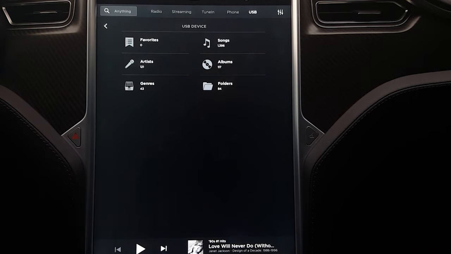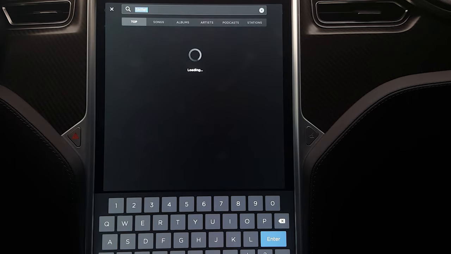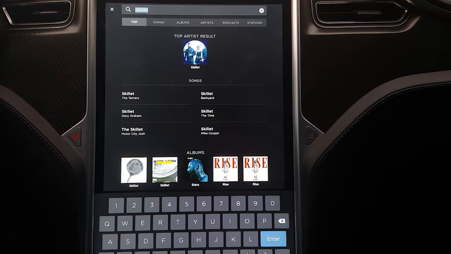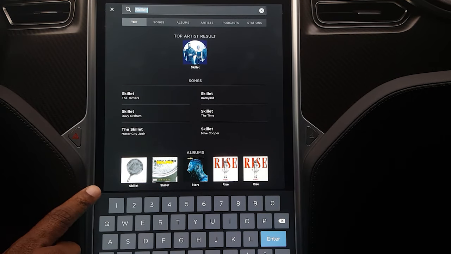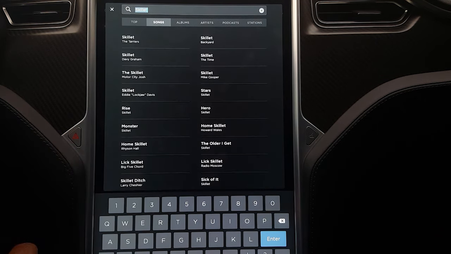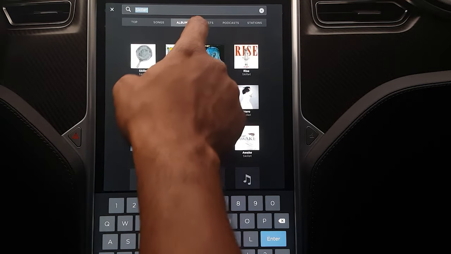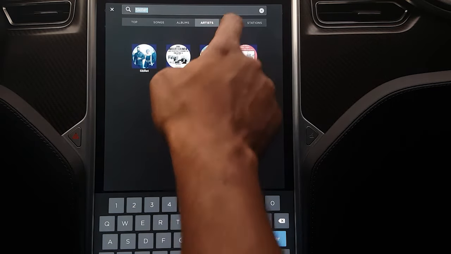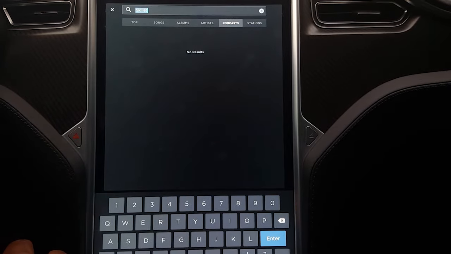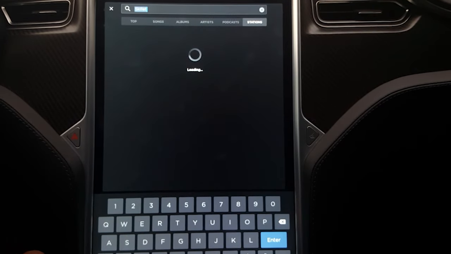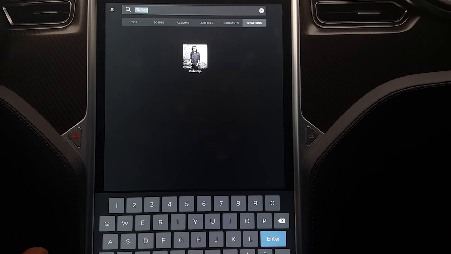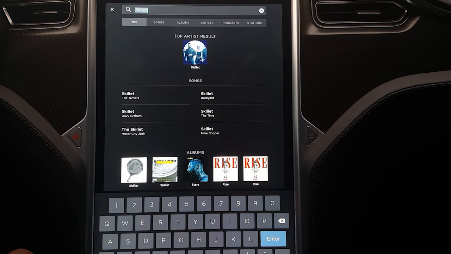You can also search. So you can search for anything here. I search for Skillet, for instance. I can find the top artist. It'll find the top songs. It'll find the albums that Skillet has. And then you can sort of filter by each one. Just look at all the songs, look at all the albums, look at all the artists, and look at all the podcasts that have Skillet in them, or any of the streaming stations that may have Skillet or play Skillet in them. So you have the ability to do all of that very quickly,